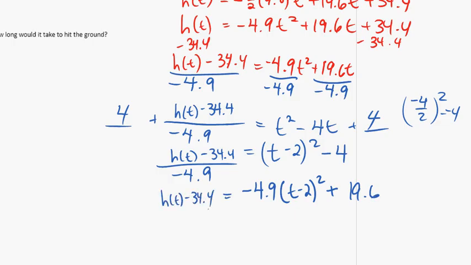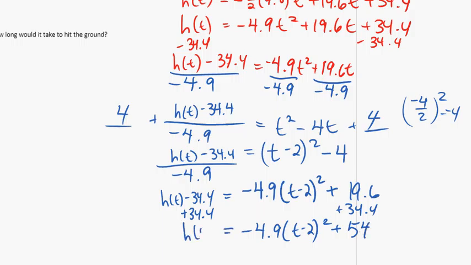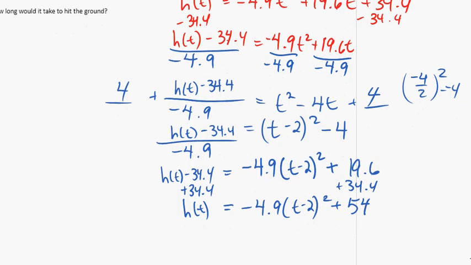So now I add 34.4 to both sides. I get negative 4.9 t minus 2 squared plus 54 equals my height. Convenient number, because now I know my vertex is at 2, 54